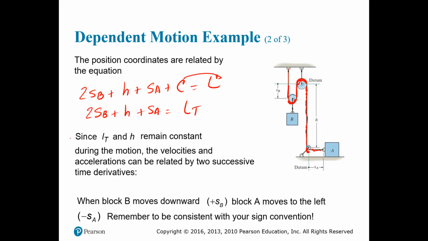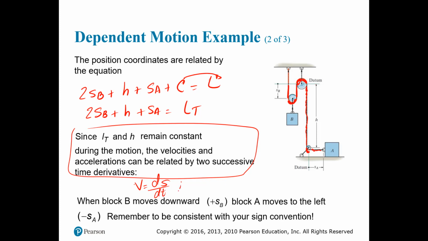It's equal to the total length, and as you can see here, since LT and H remain constant during the motion, the velocities and acceleration can be related by two successive time derivatives. So what we're doing is exactly what we did before. If we want to get the velocity and acceleration for each one, all we have to do is utilize the equations that we've been learning. Velocity is ds over dt, and once you have that, you know that acceleration is equal to dv over dt. By getting that, you can get an equation of velocity, position, and acceleration just by relating all of this